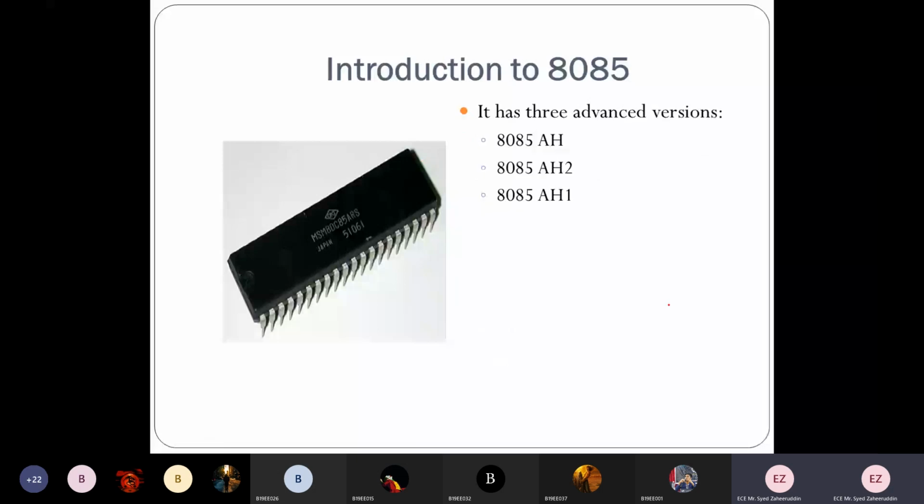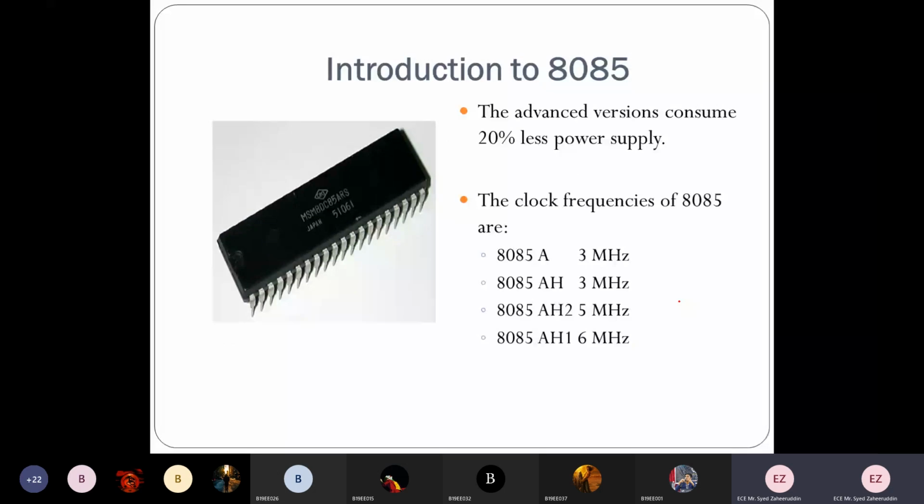In addition to this 8085A, there are more advanced versions. In those, a little bit of modification is made by changing the operating frequency or like that. Advanced versions have been brought up, that is 8085AH, 8085AH2, 8085AH1, like that way. The advantage of those is that these advanced versions use 20% less power supply. So what happens is that in any research, first a microprocessor is developed.